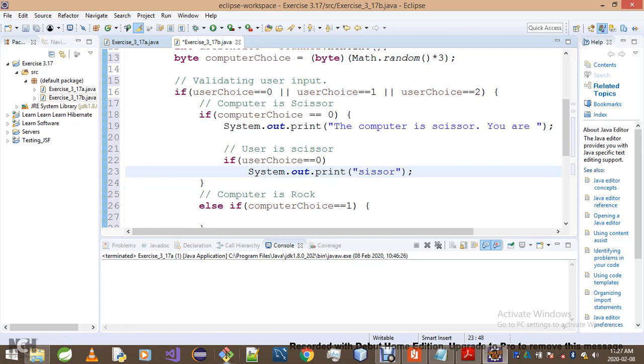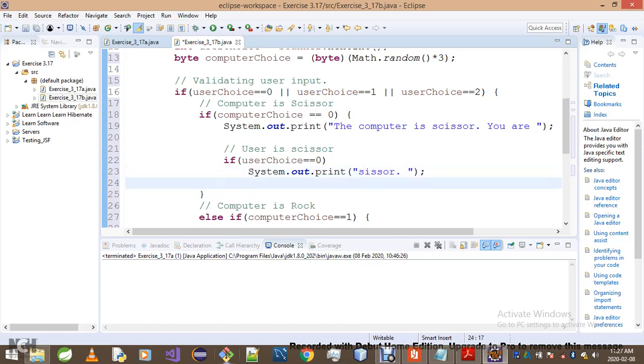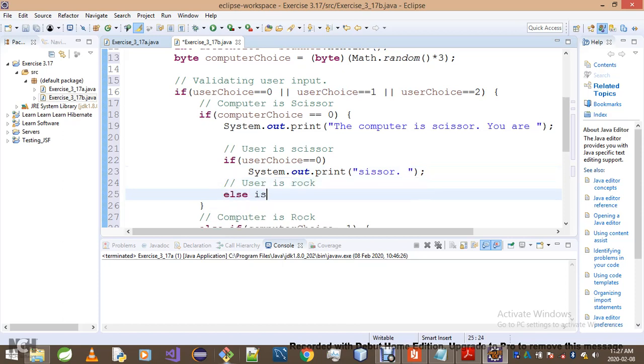We've already printed this sentence: the computer is Caesar and you are. So it's gonna be: you are Caesar. Let me put a period here. This is another case, user is rock. So else if